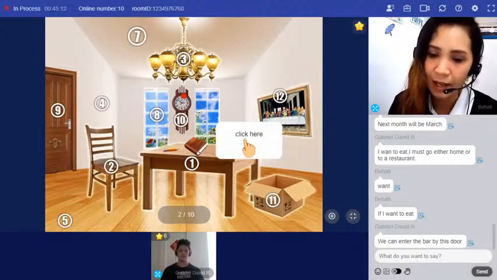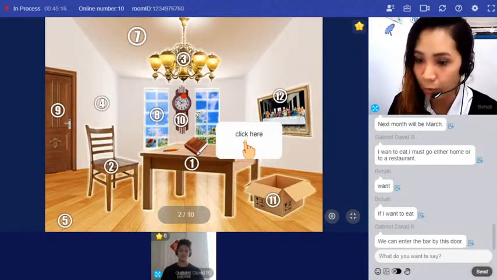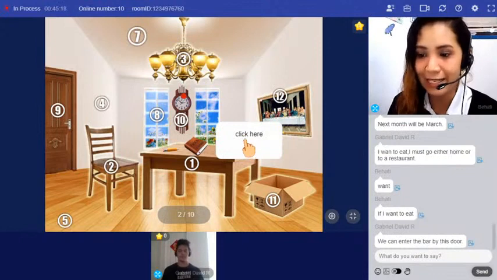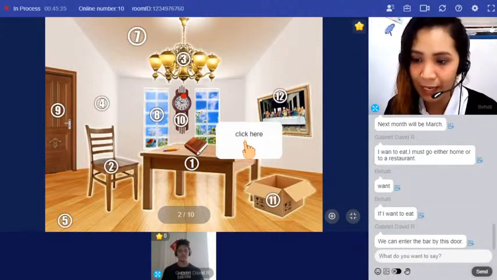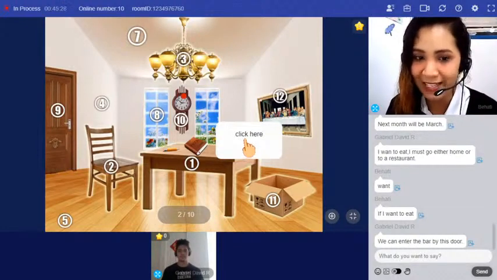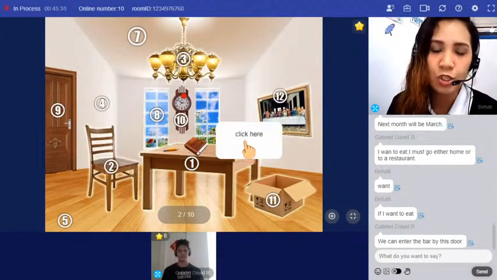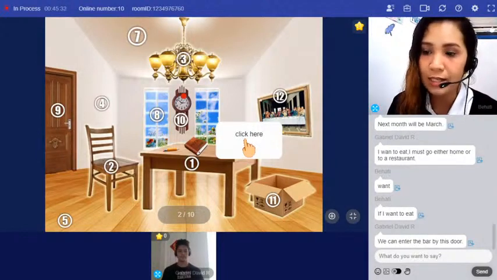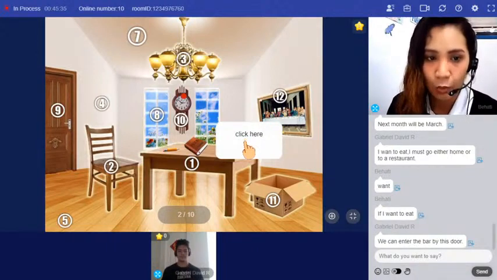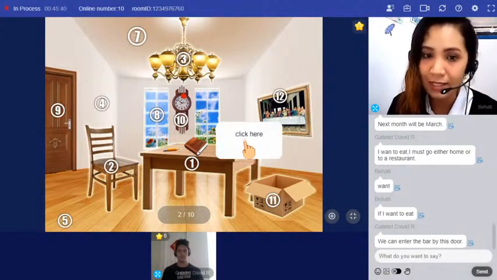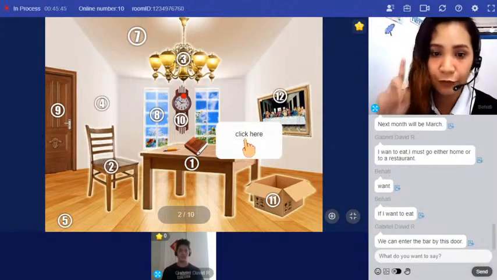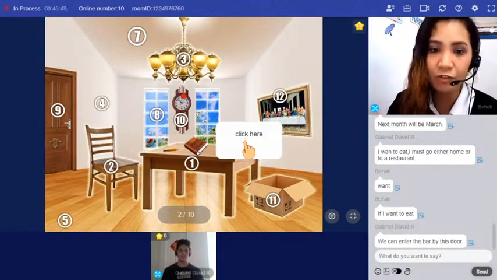Yes, please listen. When we want to speak to somebody we don't know, the first thing we generally say is, excuse me. For example, when we don't know the way to the station, we say, excuse me, can you tell me the way to the station, please? Now, when we want to speak to somebody we don't know, what is the first thing we generally say? When we want to speak to somebody we don't know, the first thing we generally say is